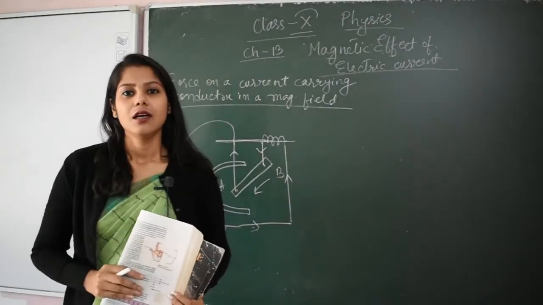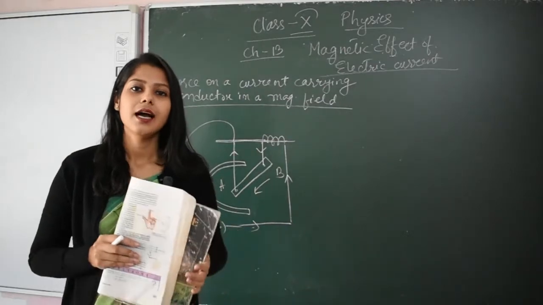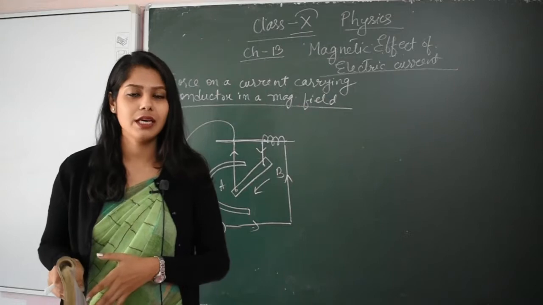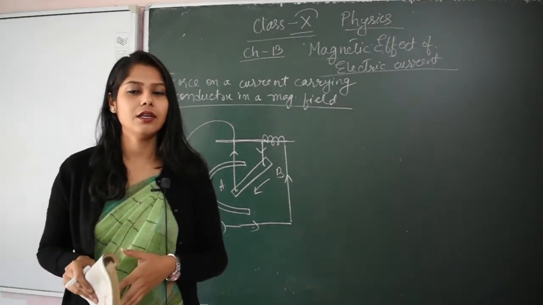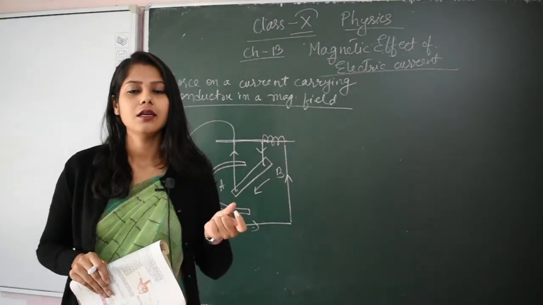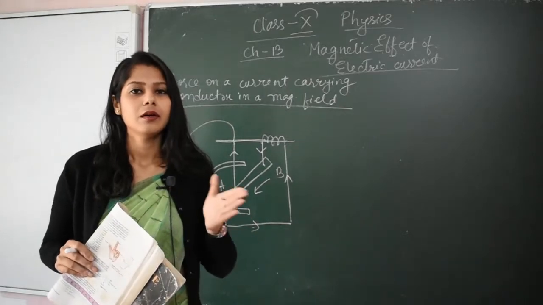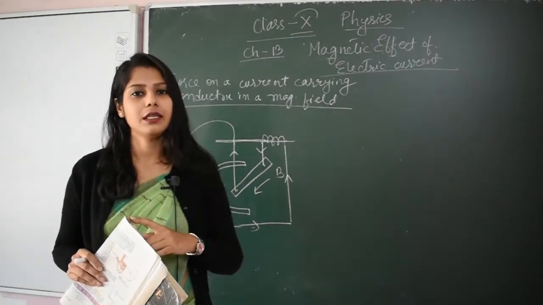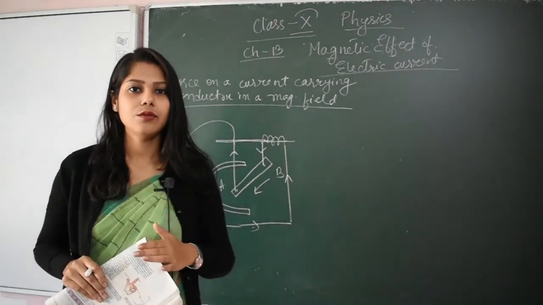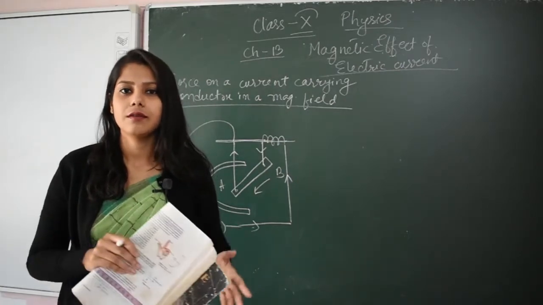Hello students, in the last part of the chapter magnetic effect of electric current, I have taught you how magnetic effect is created due to a current in a straight conductor and also in a circular loop. I have also discussed the magnetic field created in a circular loop in comparison with the straight conductor, and how a circular loop can be used as a solenoid and how it helps us commercially as well as in the field of physics.